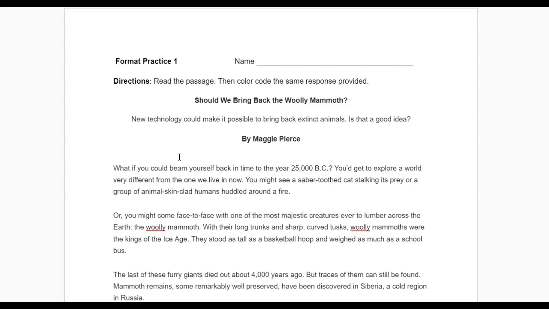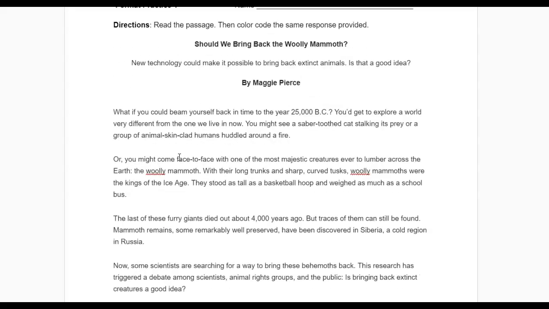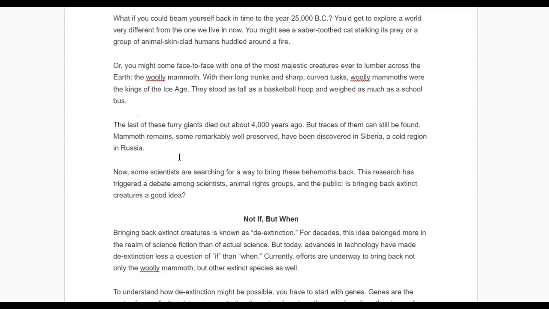Should we bring back the woolly mammoth? New technology can make it possible to bring back extinct animals. Is that a good idea? What if you could beam yourself back in time to the year 25,000 BC? You'd get to explore a world very different from the one we live in now. You might see a saber-toothed cat stalking its prey, or a group of animal skin-clad humans huddled around a fire. Or you might come face to face with one of the most majestic creatures ever to lumber across the earth,